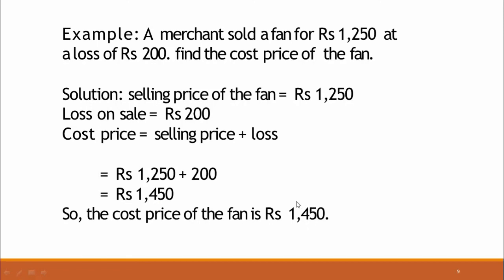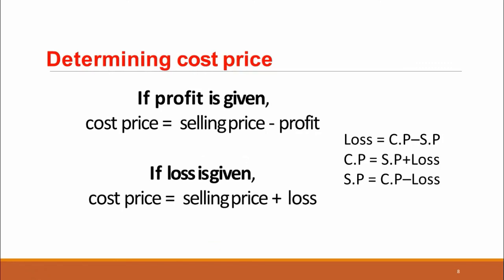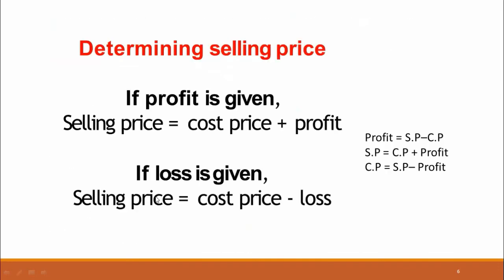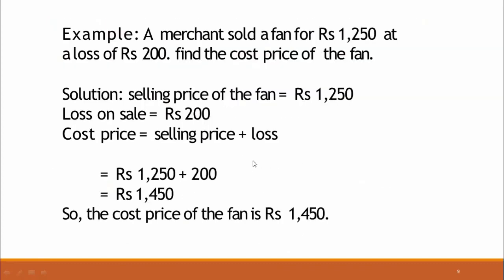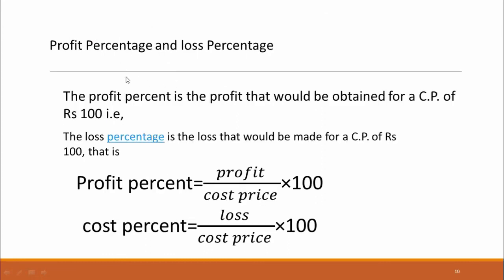So, dear students, these are very basic and easy formulas. Just remember the formulas: we can find the cost price, we can find the selling price, and similarly when profit is given, how to find the cost, when loss is given, how to find the cost. Similarly, when profit is given, how to find the selling price, when loss is given, how to find the selling price. You should note these formulas. So by using the formulas we can find the unknown quantity. Now a very important topic